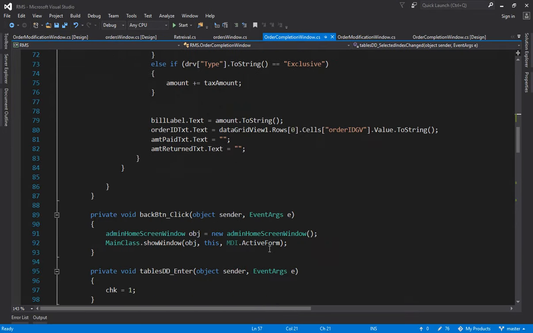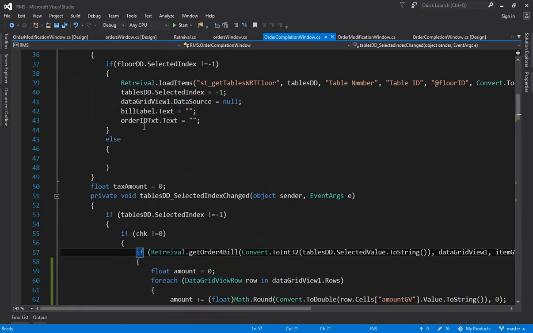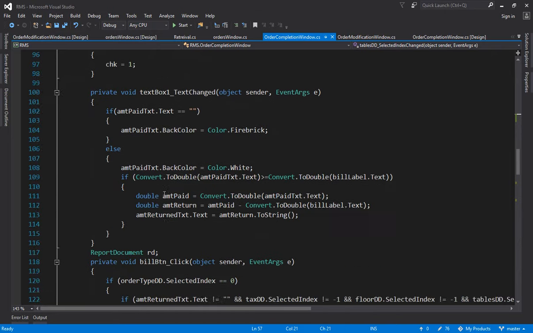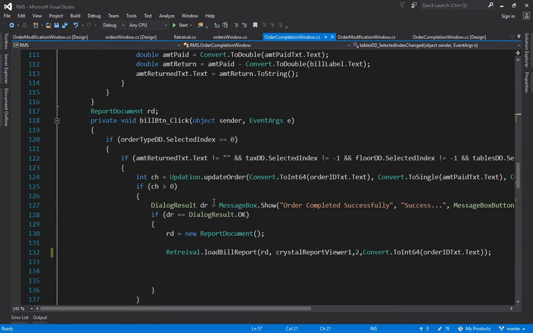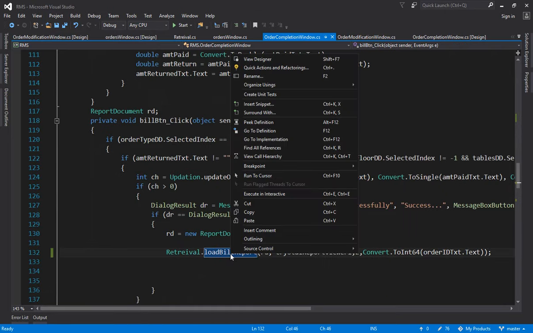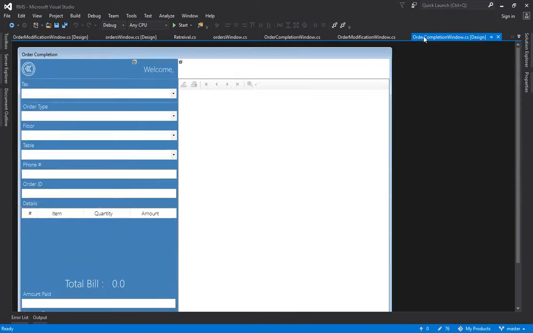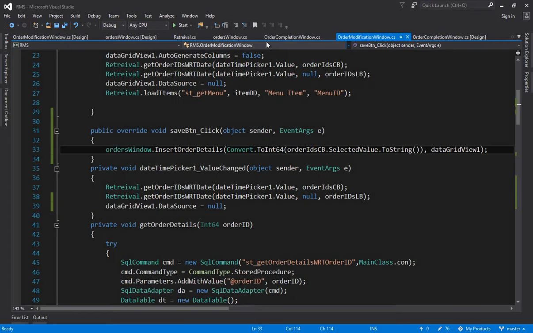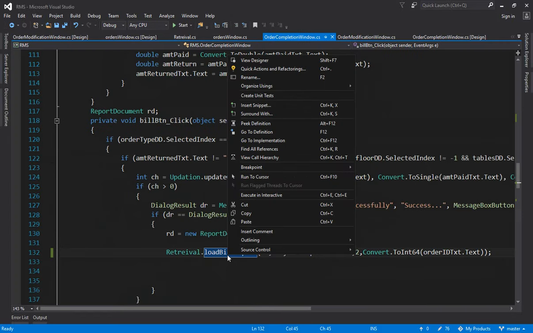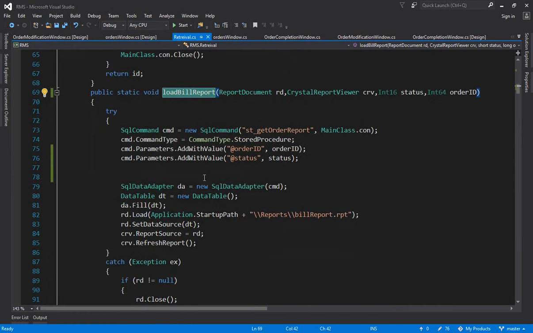So where should this thing be? We have to go on the report window. Where is the report window? When we are clicking on this, okay, this is my report. So where I am showing report, I am showing my report here inside this same window. So let us go and verify this as well. Load report. Go to the definition. Here